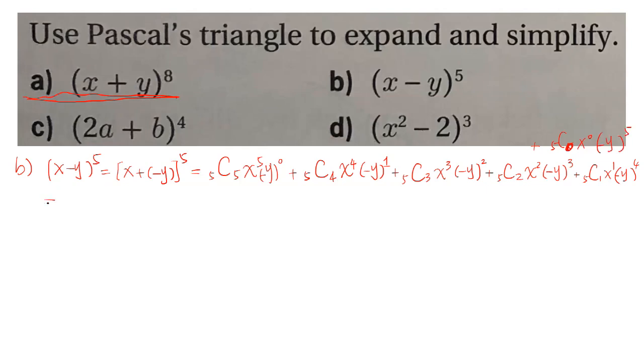And if we simplify, we can get, right, the first term would be x^5. Second term is minus, pay attention to the sign here, right? Because you have (-y)^1, which is minus 5 x^4 y. Next term becomes positive sign again, which is 10 x^3 y^2. Next term is negative again, which is 10 x^2